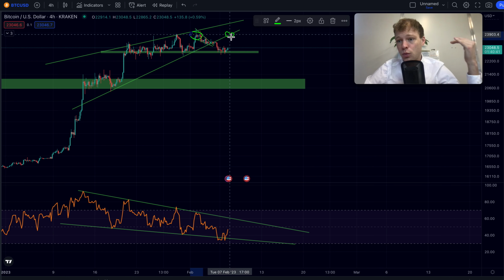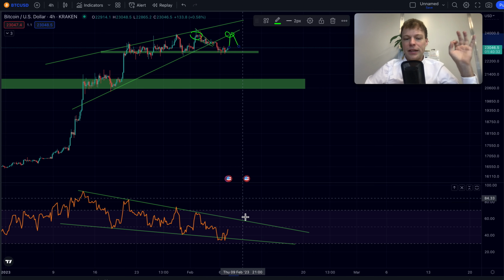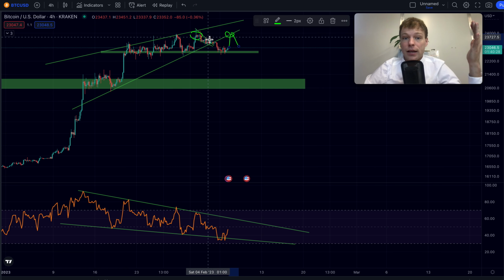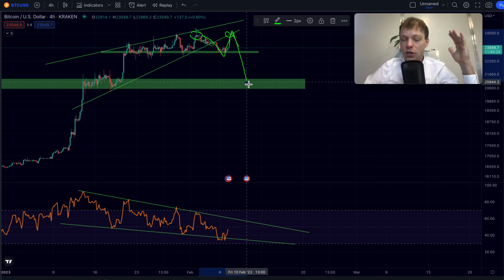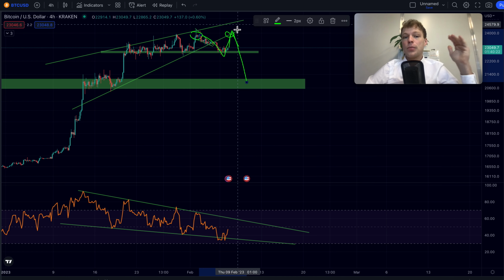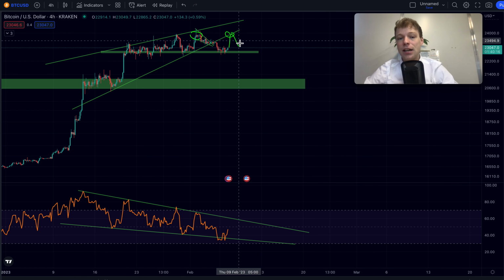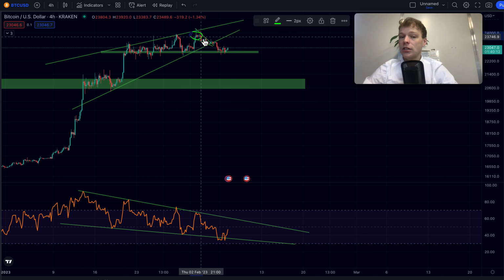That would be at 23,900. If we were to come up right there and get rejected, depending on the relative strength index, we might just have a retest of that breakdown, right? We have a retest, and we're coming back down. That is still possible, of course. But if we can break above that, if we can break 23.9, roughly 24k decisively, then the next levels are on the table, guys. That's going to be 26, 27,